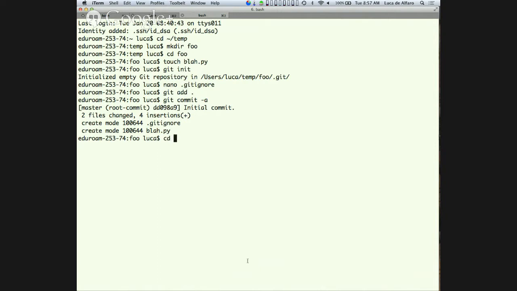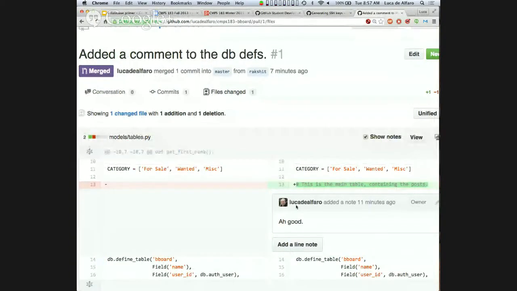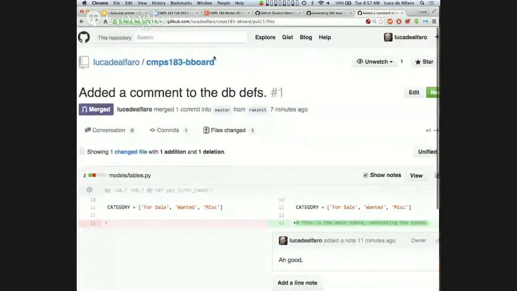If instead I want to clone that, I can simply say git clone. Oops, I have the wrong thing in my cut and paste buffer. Where was it?